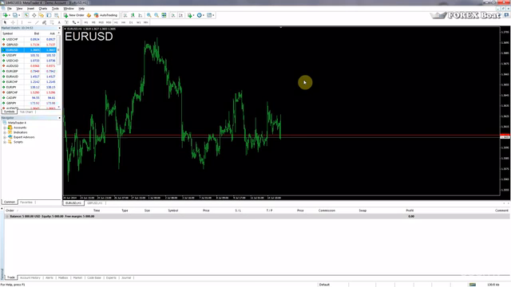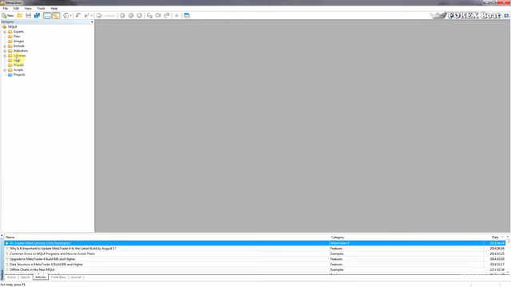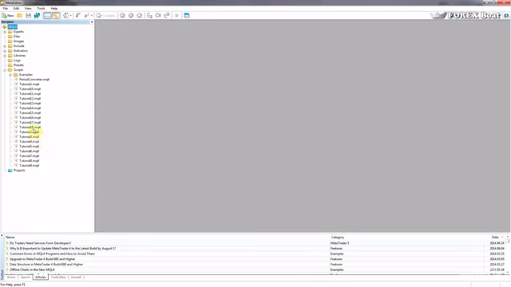And in this tutorial we're going to be talking about one more transaction related function, a function in MQL4 which allows us to modify orders which already exist in the market. And this function is called OrderModify. So with no further ado, let's proceed to meta editor and start looking at how all of this works within